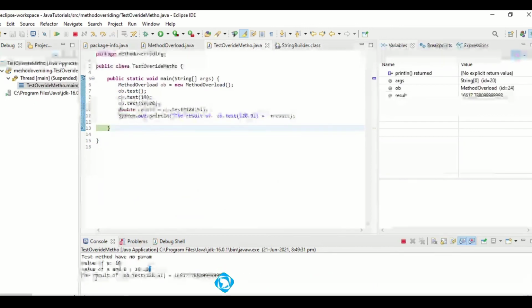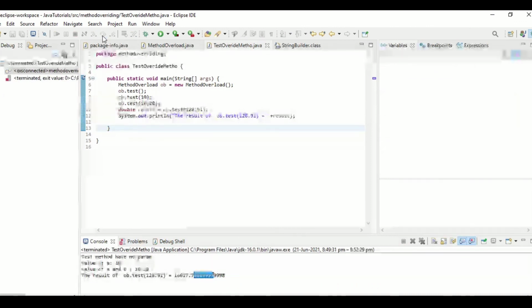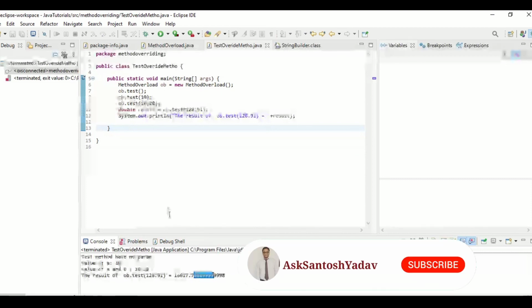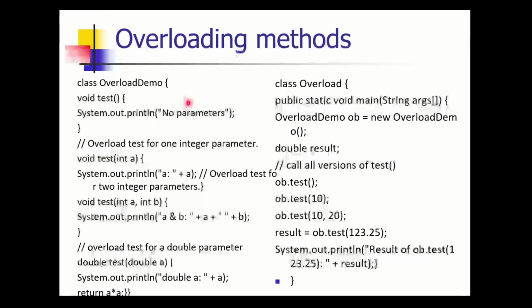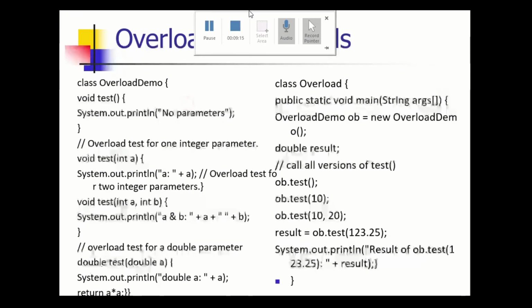So we have called this double one, and we have printed this output. I hope I made it clear what method overloading does and how it is useful. For now it is limited to overloading, and in the next couple of classes we will see what overriding is.